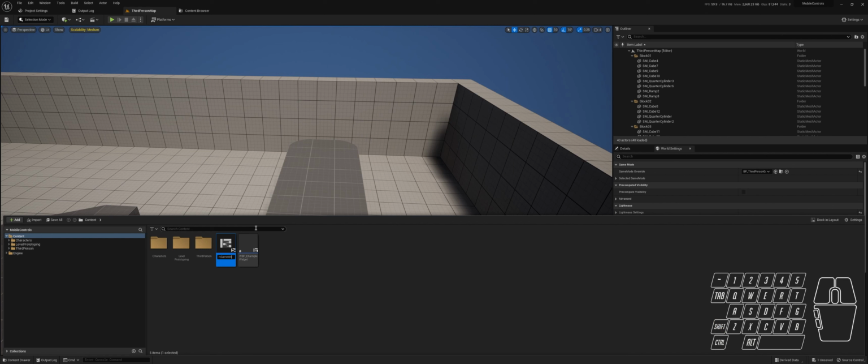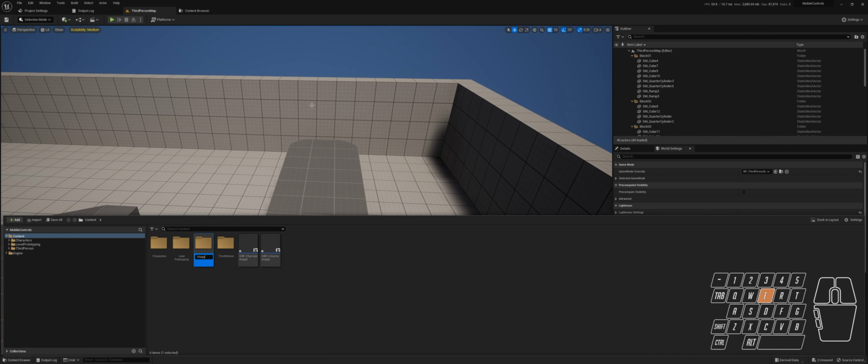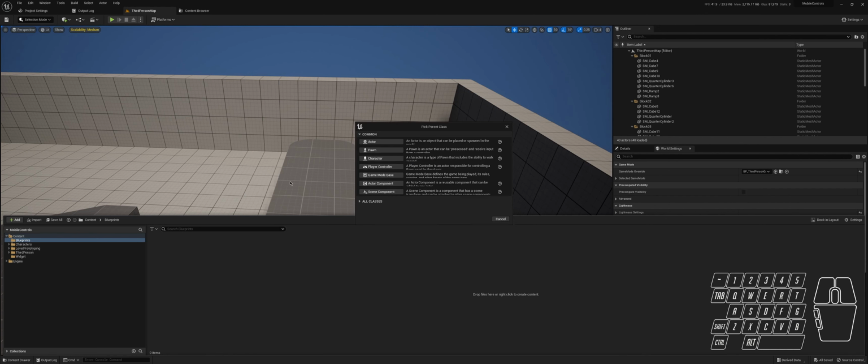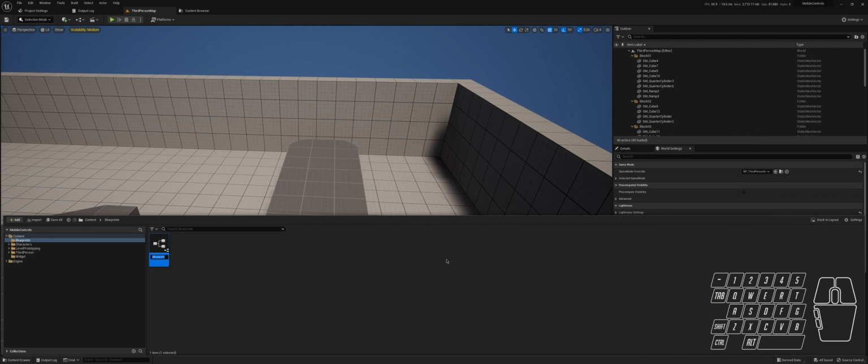So let's go. And then we make WBP in-game widget. Let's create a widget folder and drag these into it. And then we also need a blueprint folder, and because we are storing everything in the game instance, we need to create a game instance. Where is it? Sorry, Blueprint Class, All Classes, and let's search for game instance, and we have this. So select it and name this BP game